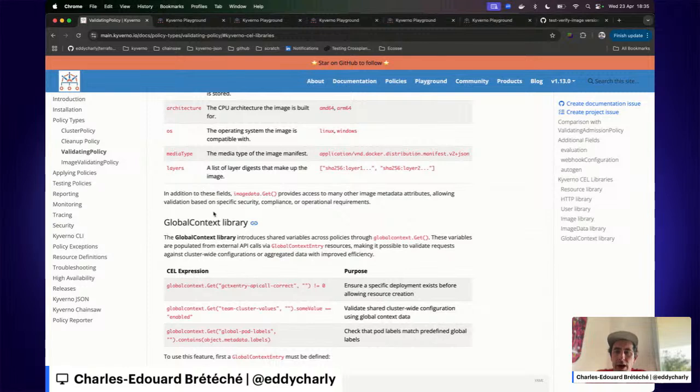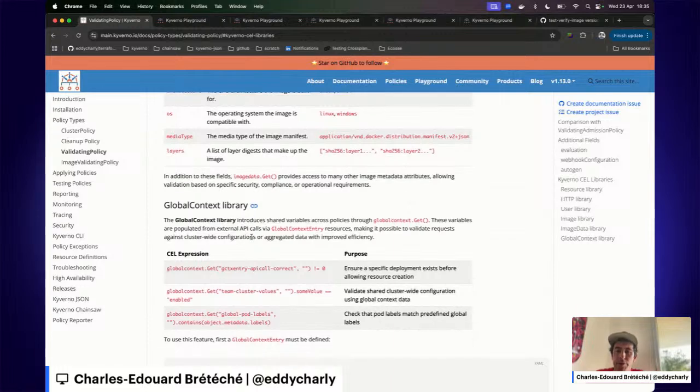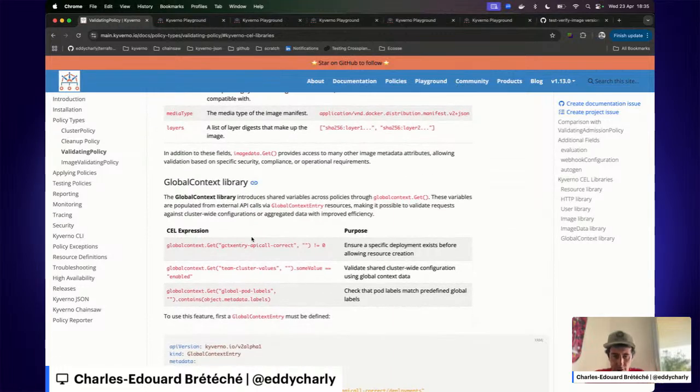And finally, we have a global context library. Global context is a sort of cache maintained internally by Kyverno. It uses another CRD, which is the global context entry. Using that, you can configure the cache that Kyverno maintains and provides to the policy evaluation logic.